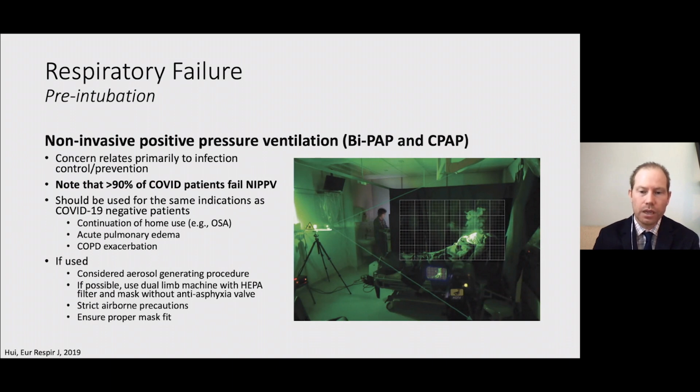We see on the right side of the screen an example of one of the studies looking at the spread of viral particles. And you can see there is some spread of viral particles, and we won't go through the numbers here, but it is higher in patients who are using CPAP. And I should note that it's not just dependent on the device, but it's also dependent on the severity of illness. So patients who have stiffer lungs, that is, patients who have more severe ARDS, have a higher spread of viral particles than those who have less stiff lungs. So there is some interaction there between the device used and the patient's illness.